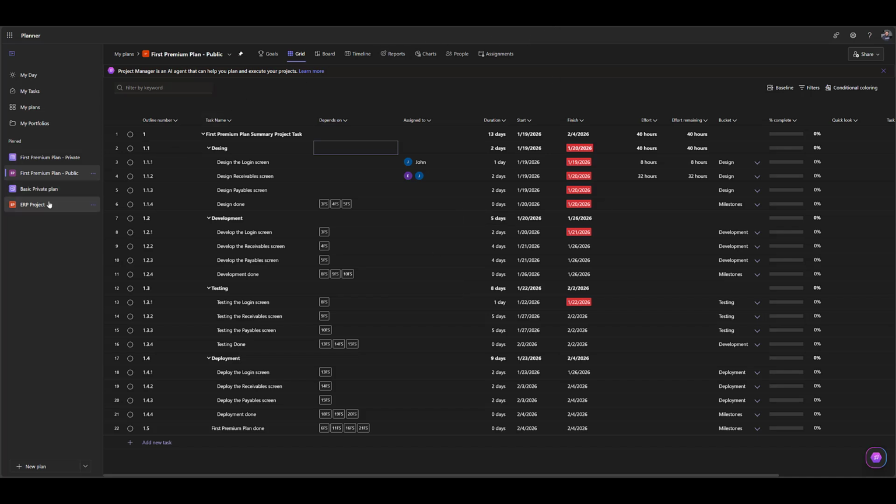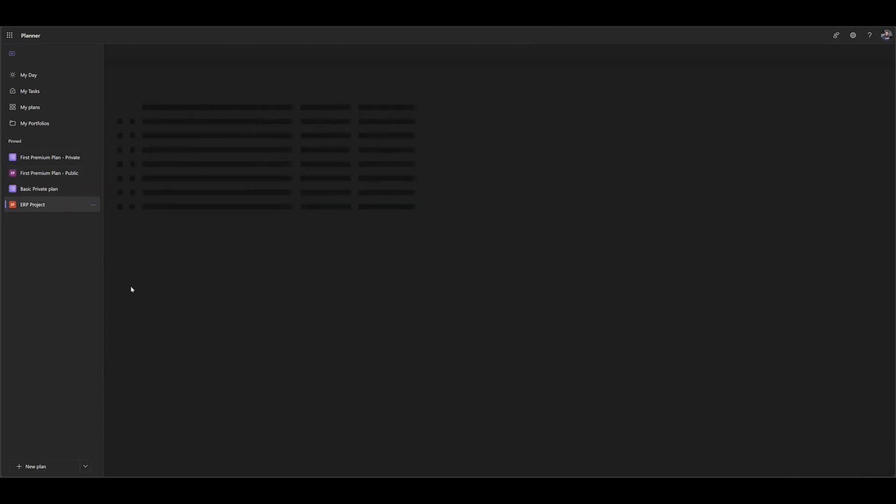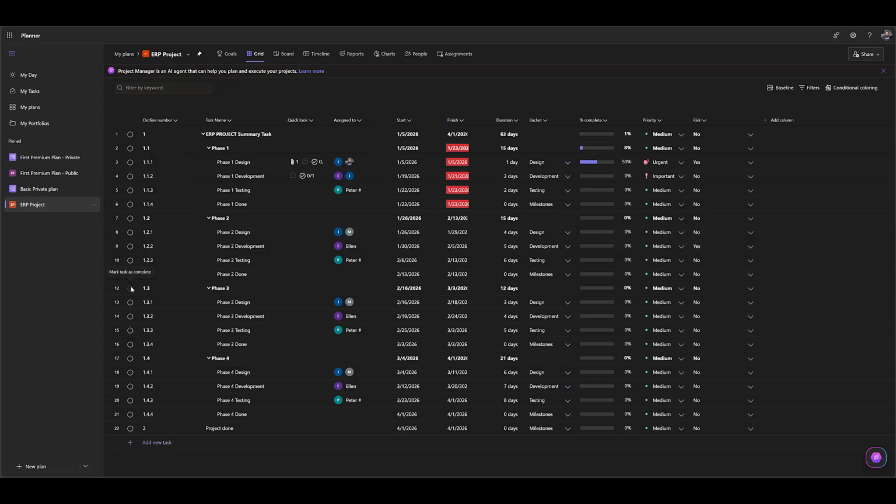Let me go to my ERP project, which is all done, created long time ago. So here I can see that I have 63 days. And if I add a column here, for example, effort, okay, I will see that I need